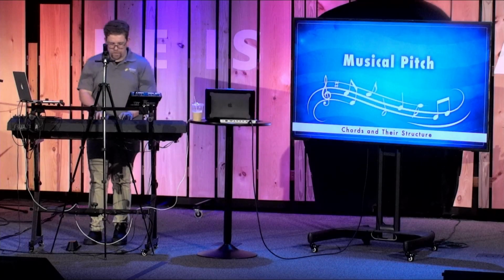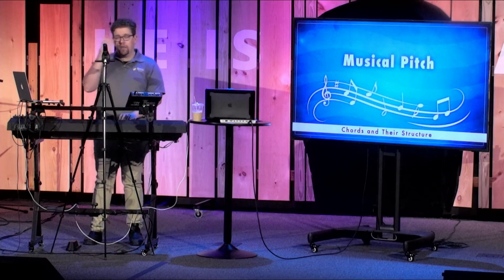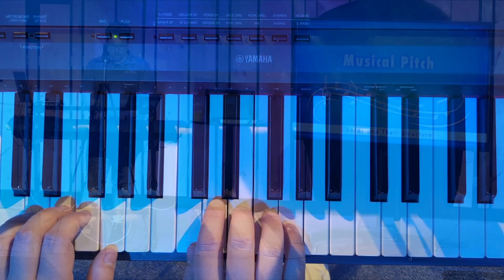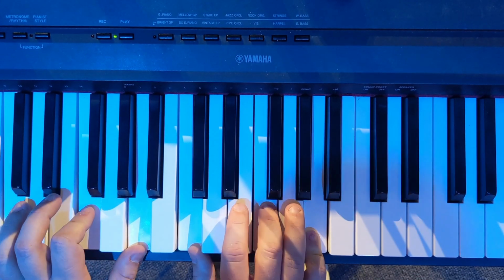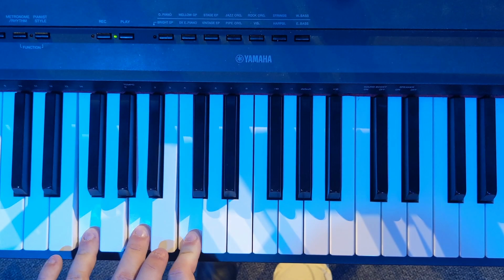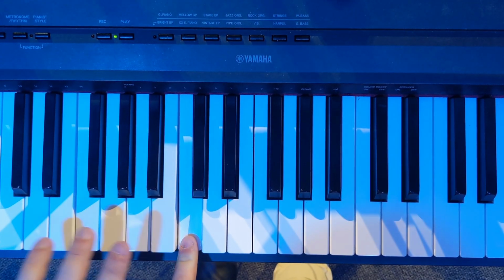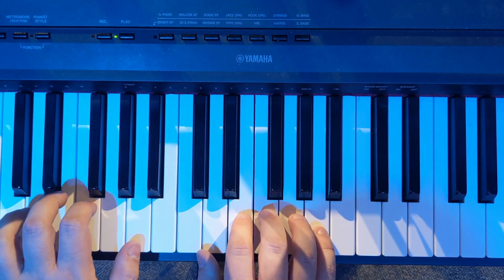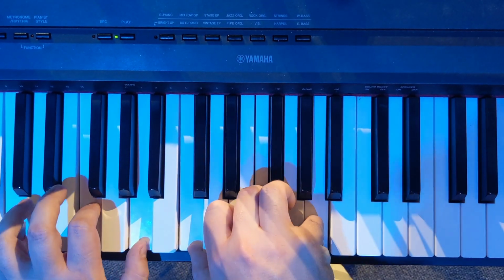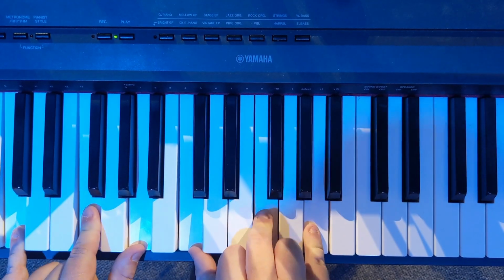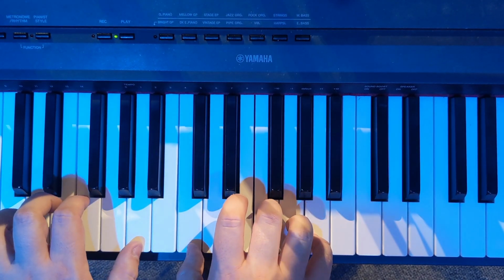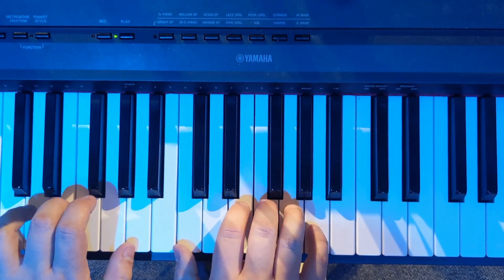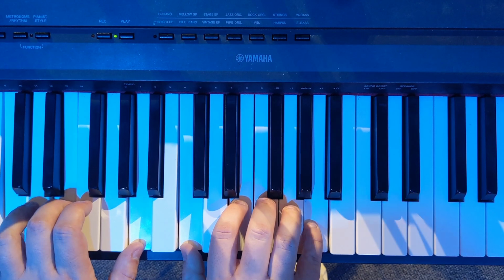I'm going to use an example from a song we haven't sung in a while, but we used to sing all the time. It's Yes, I Will, okay? And Yes, I Will has the following pattern of chords. It has a 4, and here's the 4, but I'm playing them in odd hand positions, 1, 2, 3, 4. There's that 4. I'm playing them in odd hand positions because I'm not a very good keyboardist, and that will allow me to play a little faster, so please bear with me if you're looking at the keyboard here. It starts with a 4, then goes to a 1, then a 5, then a 6. And it does that all the way through, right?